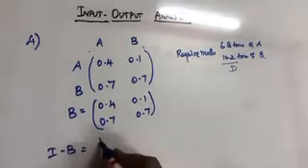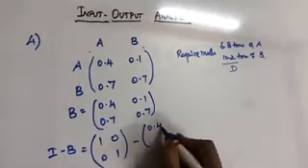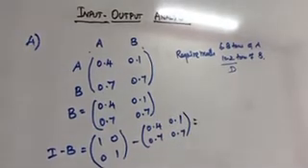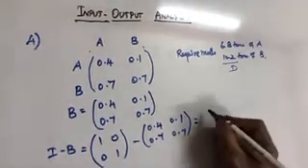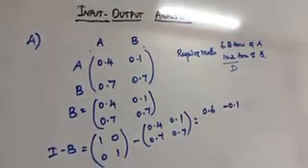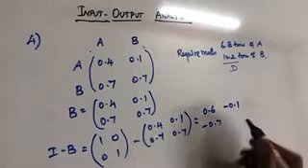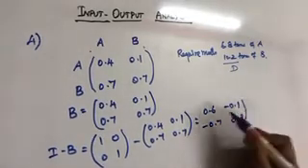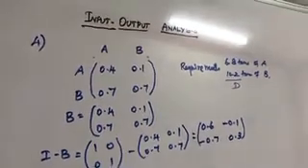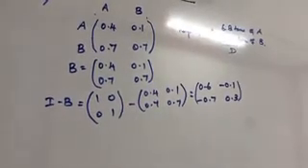So I minus B is [1, 0; 0, 1] minus [0.4, 0.1; 0.7, 0.7]. It is equal to 1 minus 0.4, which is 0.6. 0 minus 0.1 is minus 0.1. Here 0 minus 0.7 is minus 0.7. 1 minus 0.7 is 0.3. Here the main diagonal elements are positive. So the first condition of Hawkins-Simons is proved.